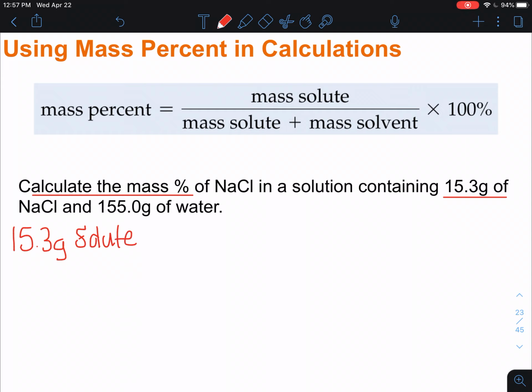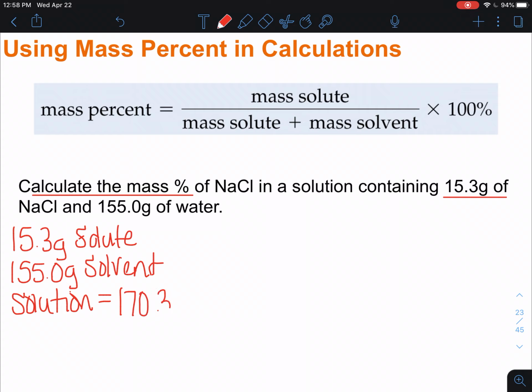We have 155.0 grams of solvent, which is the water. So the solution is going to be the summation of the two, which would be 170.3 grams. Okay, so the mass of the solute, 15.3 grams over 170.3 grams